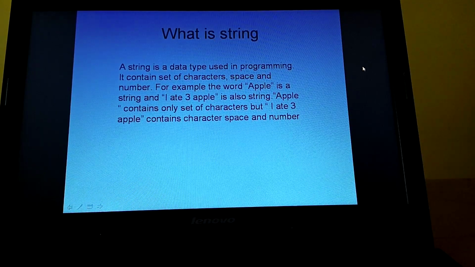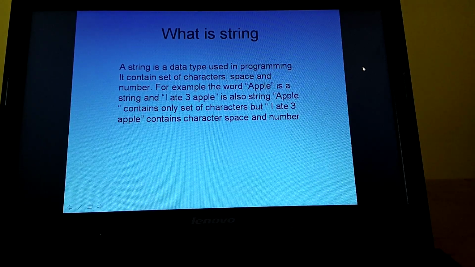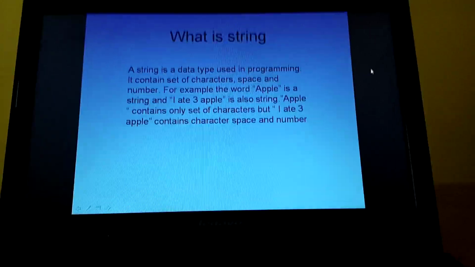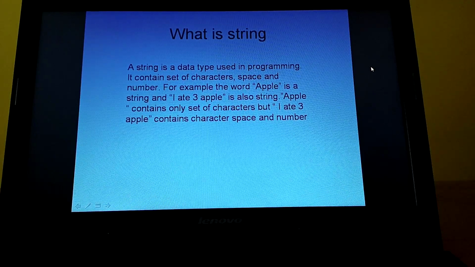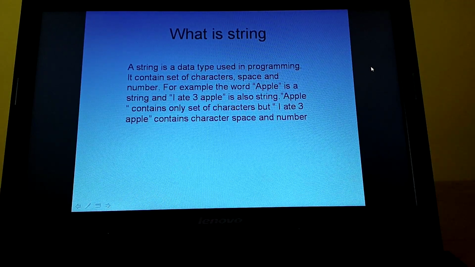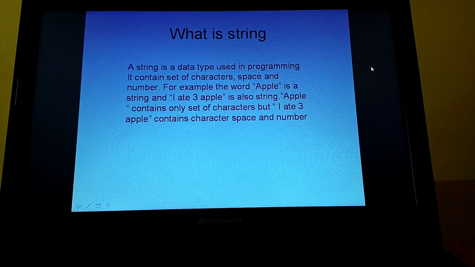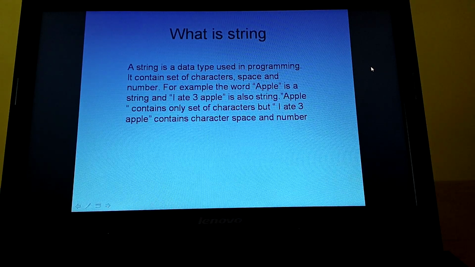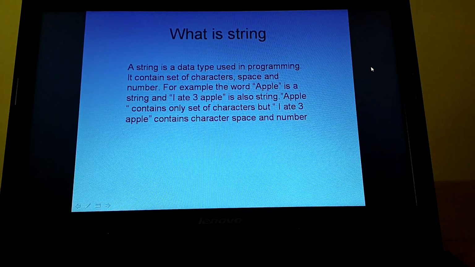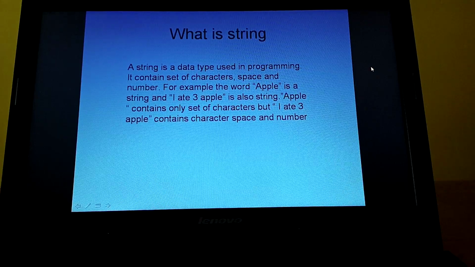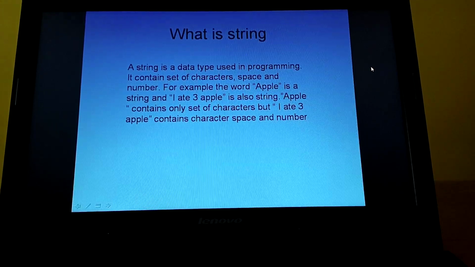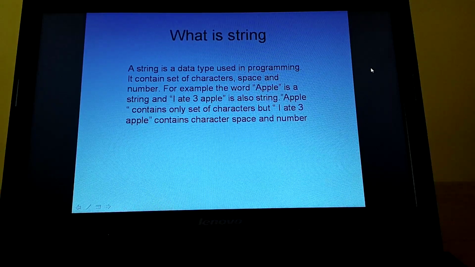Now, what is a string? A string is a data type used in programming. It contains a set of characters, spaces and numbers. It will take numbers, but with those numbers you cannot do any mathematical calculations. For example, apple. This is a string.